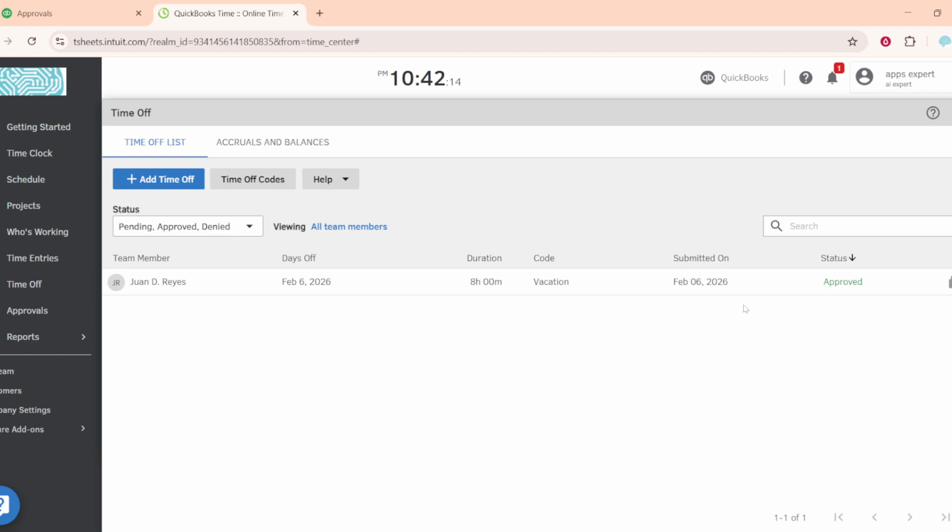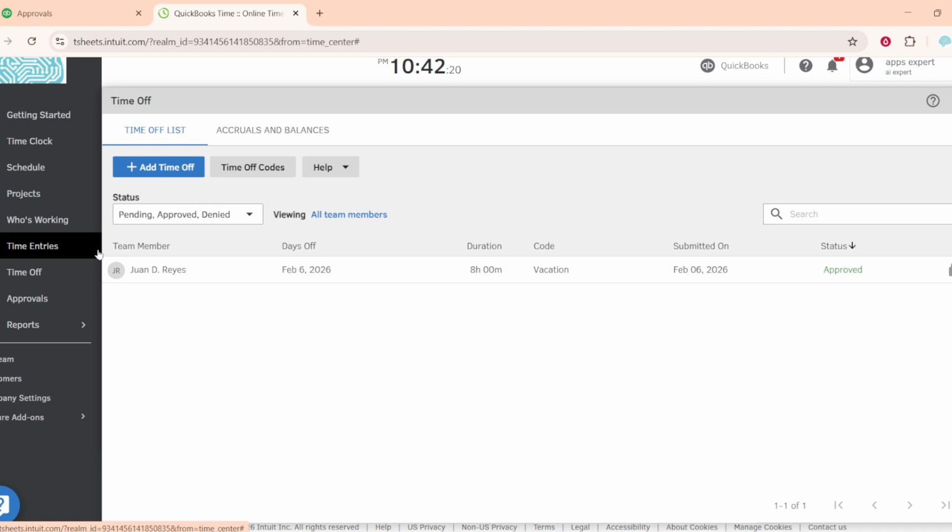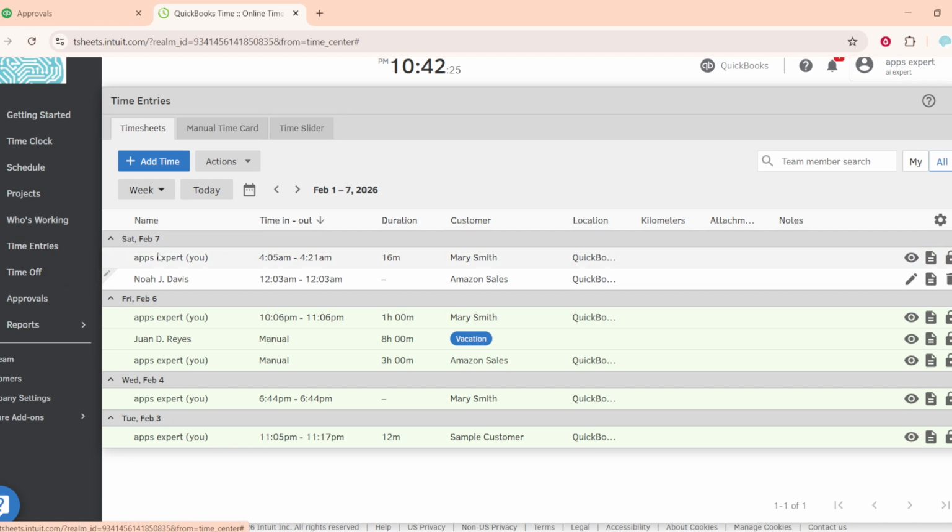If you manage multiple teams or companies, double-check that you're in the correct account before you begin. Start by opening your browser and logging in to QuickBooks Time. For best results, use a supported, up-to-date browser and close any extra tabs that might slow things down. Once you're in, look to the left-hand menu and click Time Entries. This takes you to the central area where all recorded hours appear, and it's where you can add anything that's